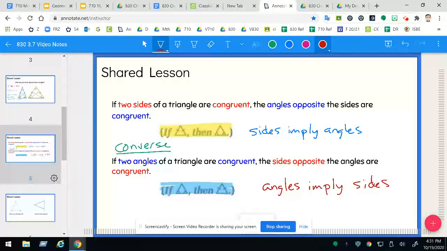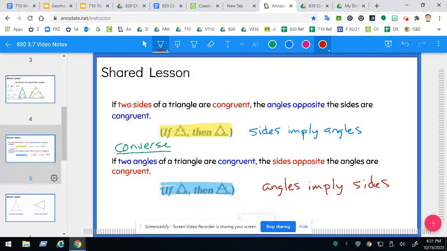Now, we can prove these theorems. It takes a little while. It involves reflexive angles. It involves reflexive sides. It involves twisting the triangles. We don't have the time in this video to do the actual full proof. You're just going to have to take my word for it today. Trust me, I'm a geometry teacher. I can prove these theorems. But for today, we're going to accept them just at face value, and we're going to work with them in